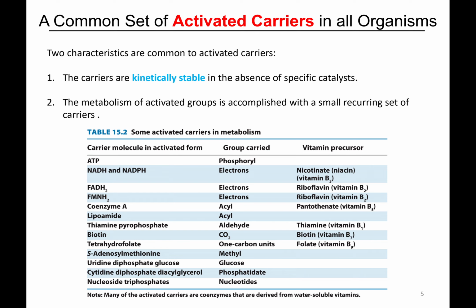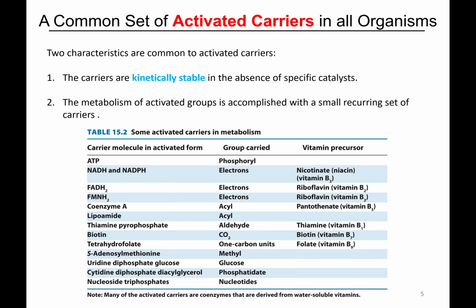So we won't go through all of them, but the idea is that the same theme recurs. If you ever need to transfer, let's say, an acetyl group from one molecule to another, it's really likely that either coenzyme A or lipoic acid are going to be involved. If you need to transfer a phosphate from one molecule to another, it's really likely that ATP will be involved, right? Because life has evolved to use these recurring carriers, okay?